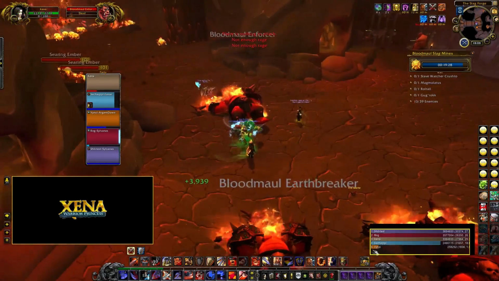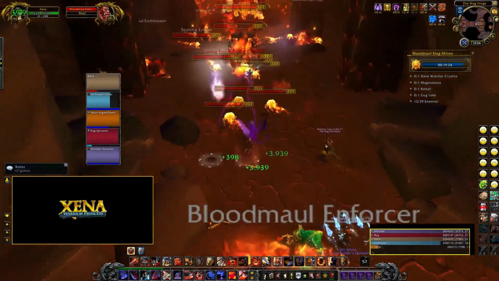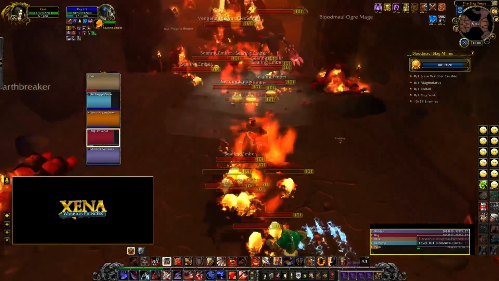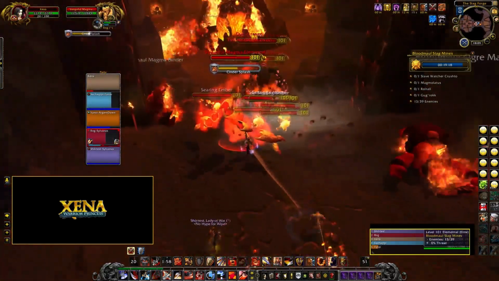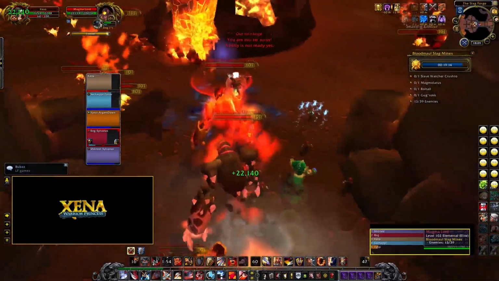In order to survive the next pull, the DK will pop army here and will run all the way through to the big lava lord. Do not do this if you don't have proper cooldowns, you will die. So just run all the way through with army if you have it, and then go to the boss and